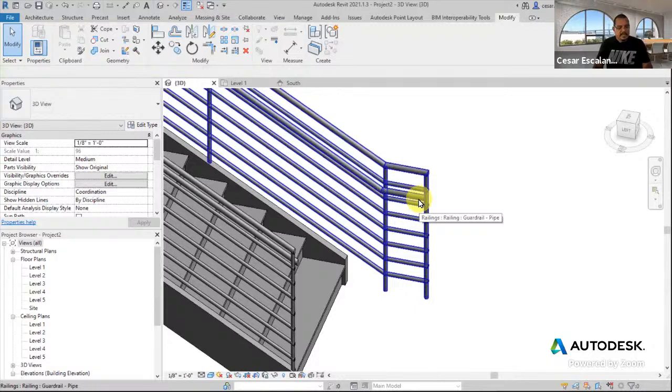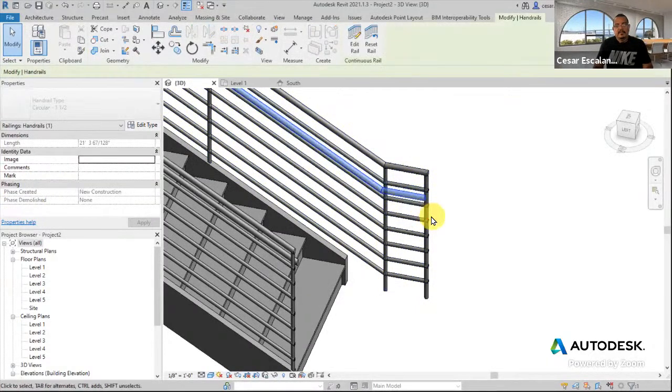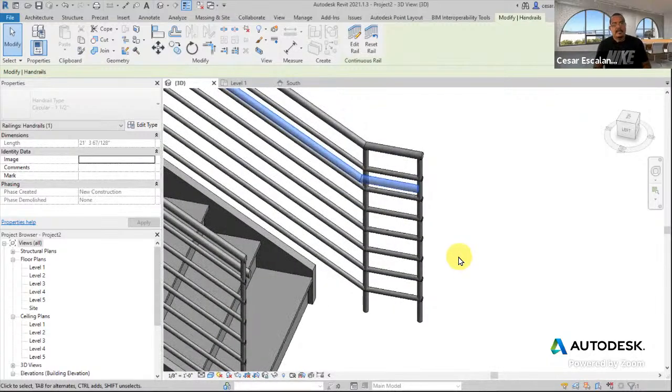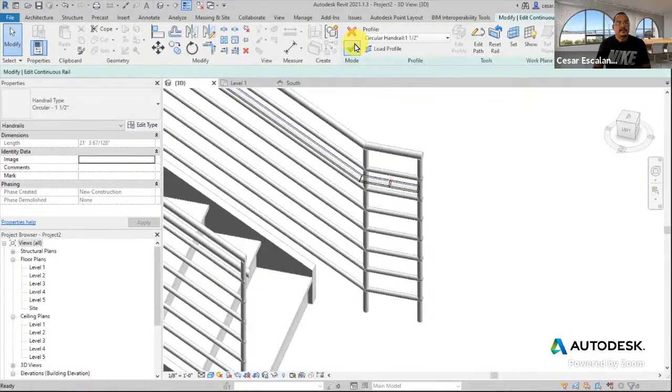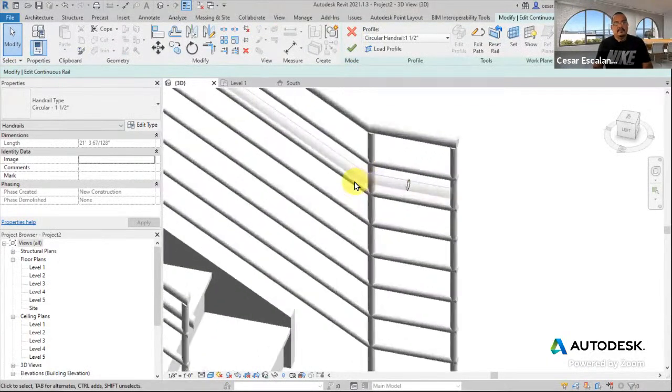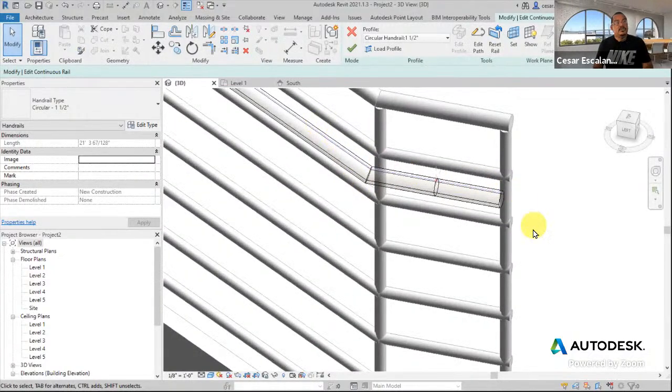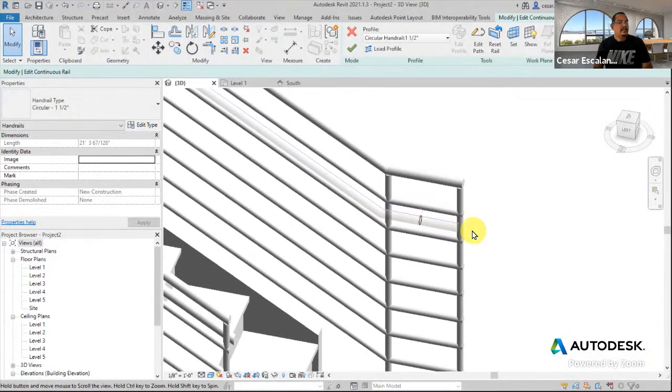You can tab select the railing. I tab select just the handrail here, and then I hit edit rail, and this exposes the extrusion of the railing and the path. You can edit the path